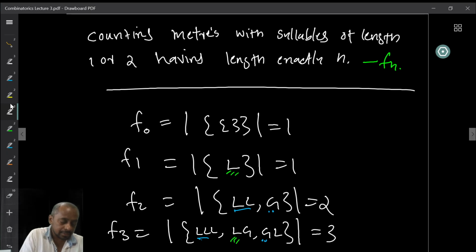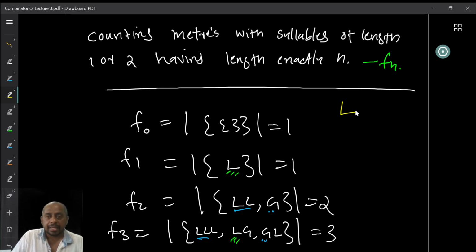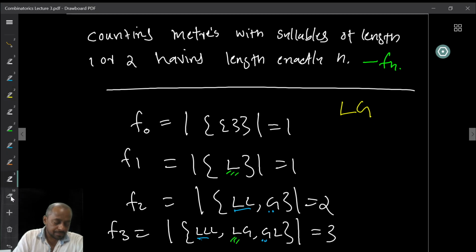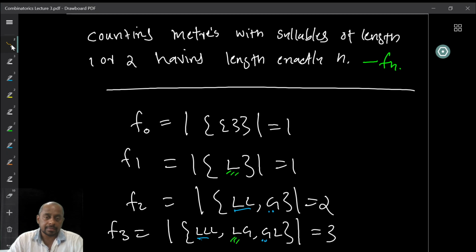And we already said that we have something like this, right? L denotes the laghu or the short syllable, and G denotes the guru or the double length, 2 syllable. So to find a recursion formula, what we are going to do is to first try to find a relation between these two things, right? I mean, something to the earlier thing. Can we find such a relation?